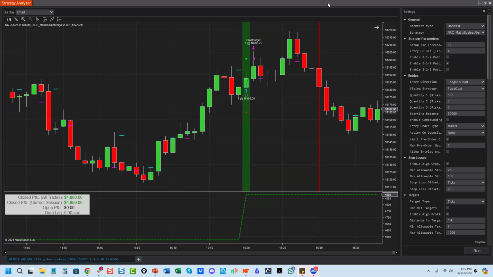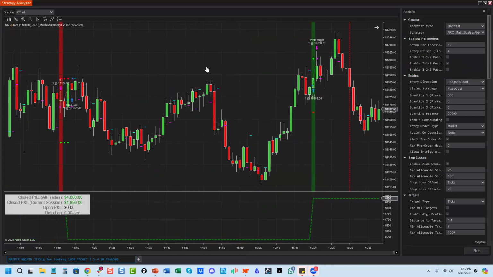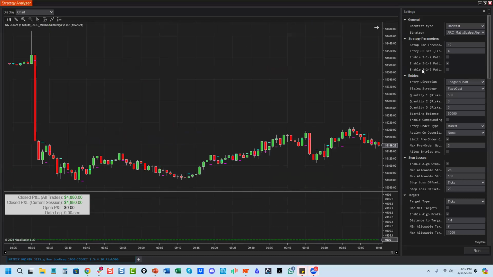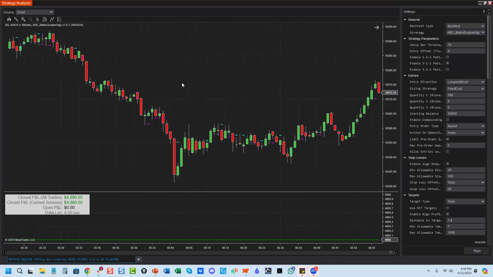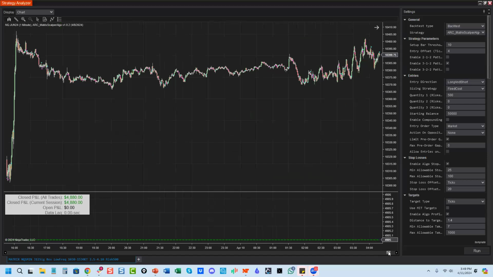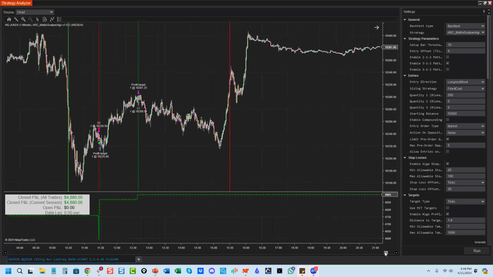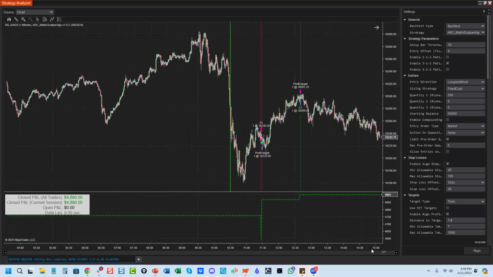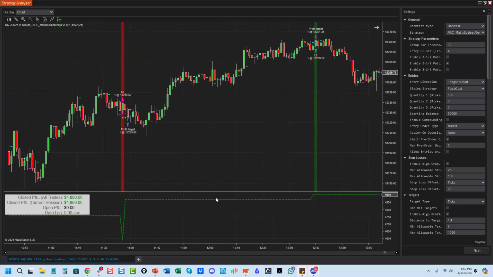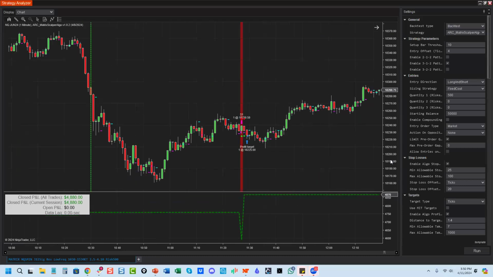And this is exactly what I mean by finding the patterns. There's a little stop. You're going to have it once in a while. Let's go back. This is a one and done. So let's go back here and find it. Basically, let's go back and find some trades. Let's take a look at these two trades. This pattern doesn't give a lot of trades because it doesn't happen. Why? Outside bars don't happen a lot.